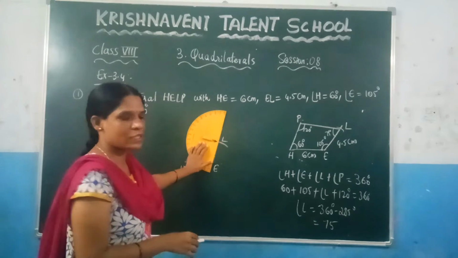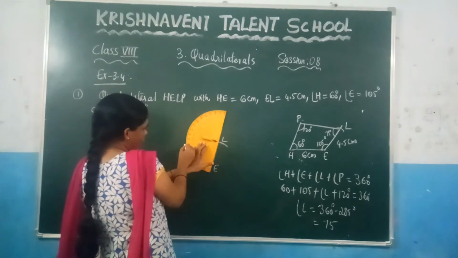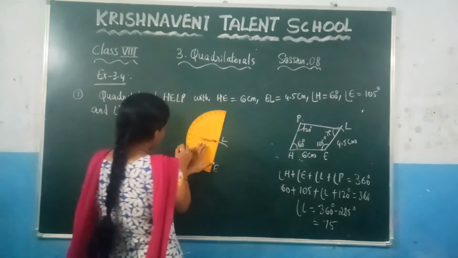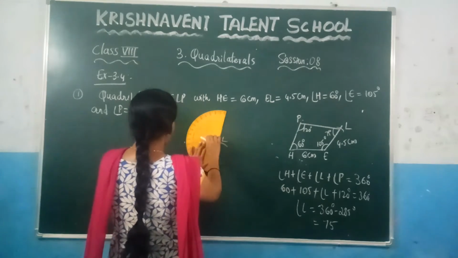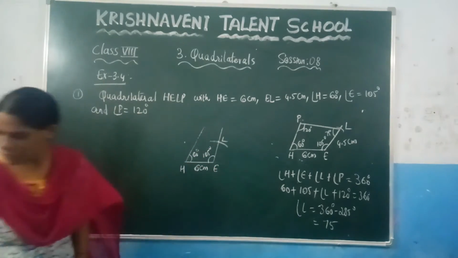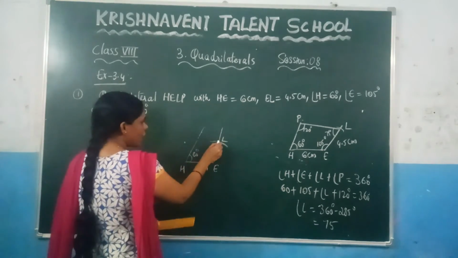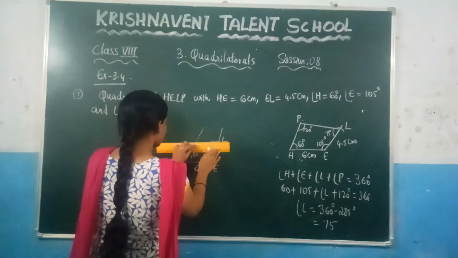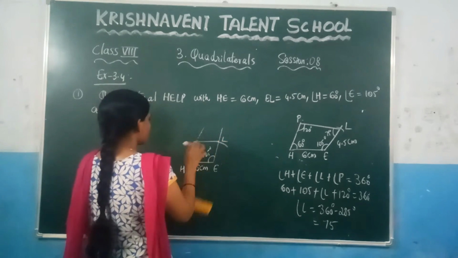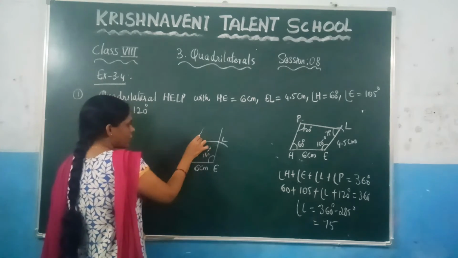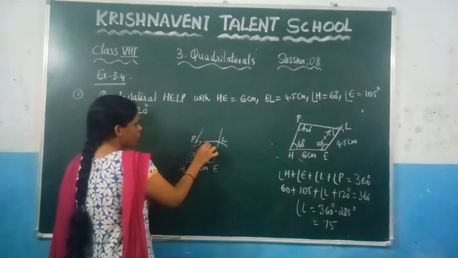Where is 75 degrees? You know that this is 90 and here it is 70, and between 70 and 80 you will have 75. So this is nothing but 75. So I have kept one point. Now you can join this point and this point. Right? So here where it is touching, that will be point P. This should be definitely equal to 120 degrees.